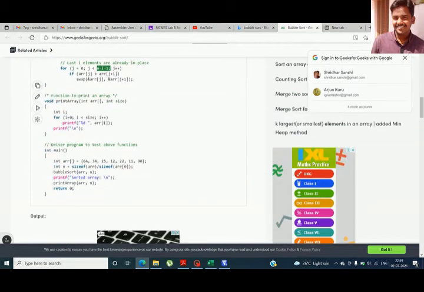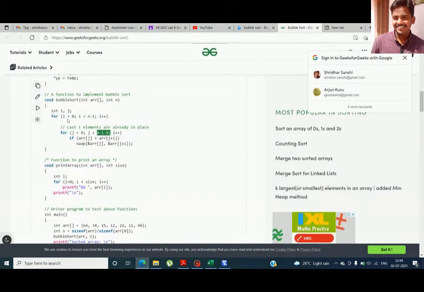We are using two for loops: one is the outer loop for comparisons and the inner loop for iterations. The comparisons will take place for n minus 1 elements, and for each comparison the number of iterations is n minus i minus 1.